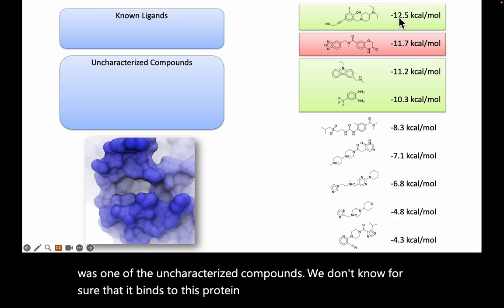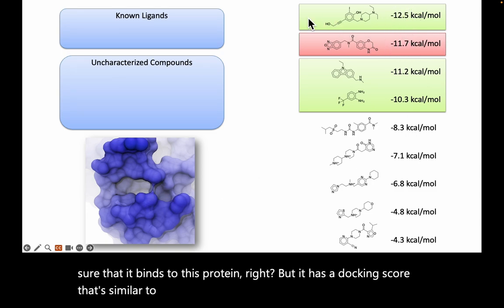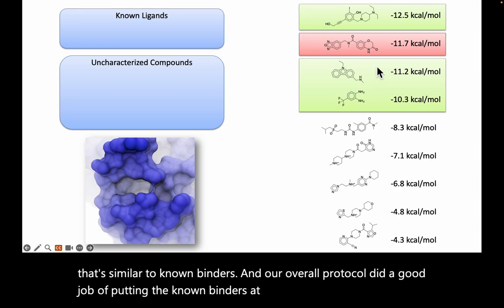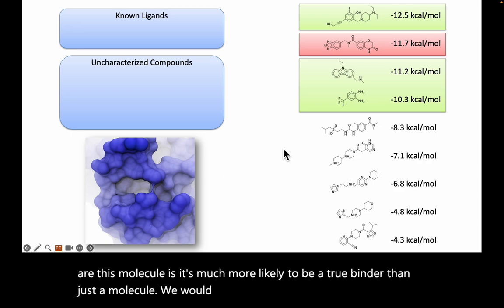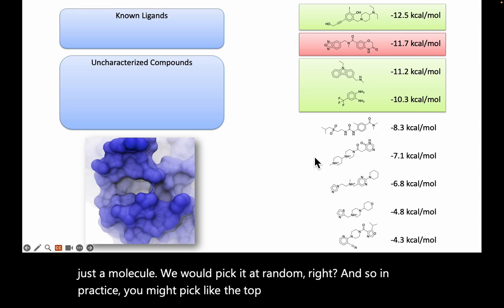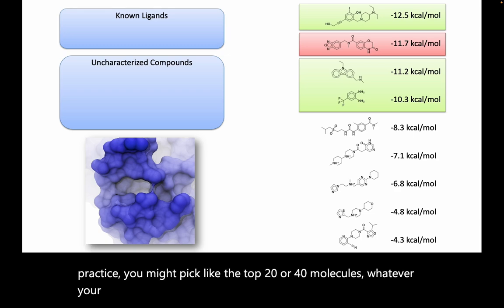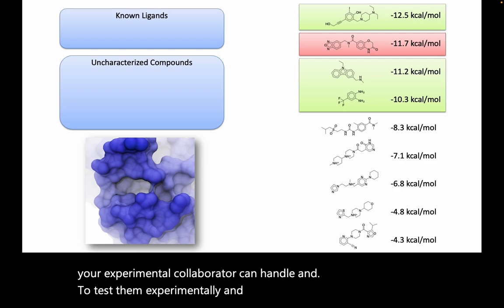But it has a docking score that's similar to known binders, and our overall protocol did a good job of putting the known binders at the top of the list. So chances are this molecule is much more likely to be a true binder than just a molecule we would pick at random, right? And so in practice, you might pick the top 20 or 40 molecules, whatever your experimental collaborator can handle, and you ask them to test them experimentally, and maybe of those 15% will be true